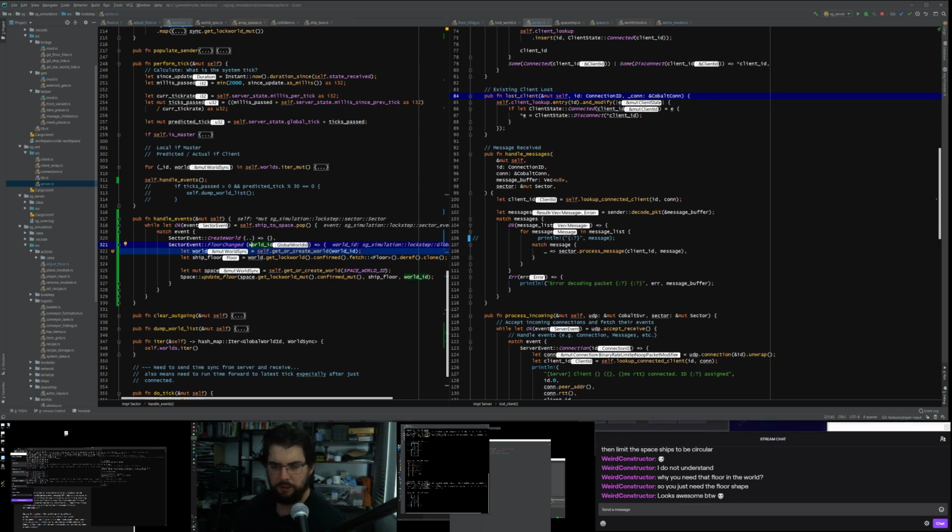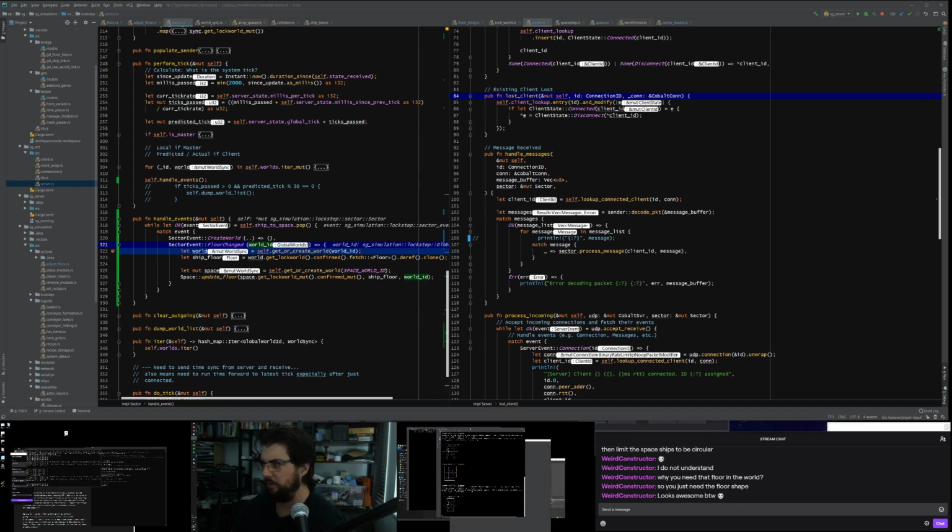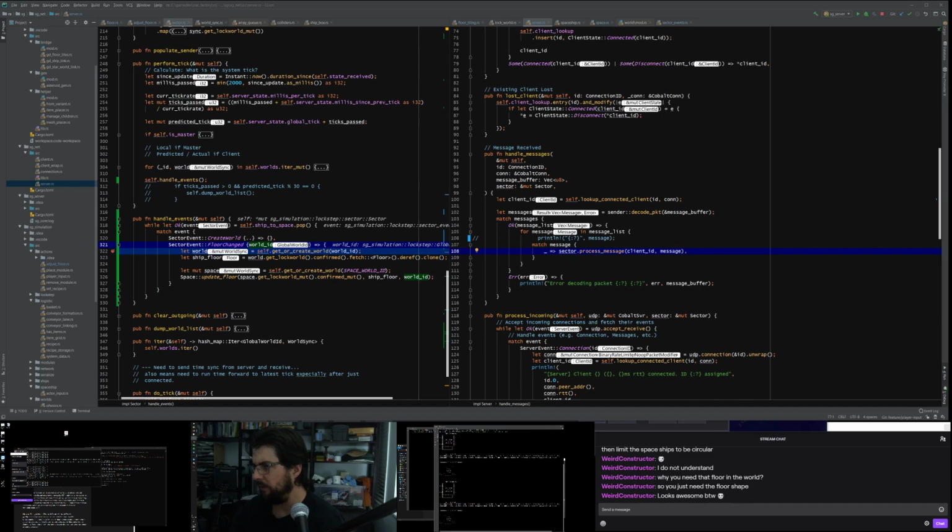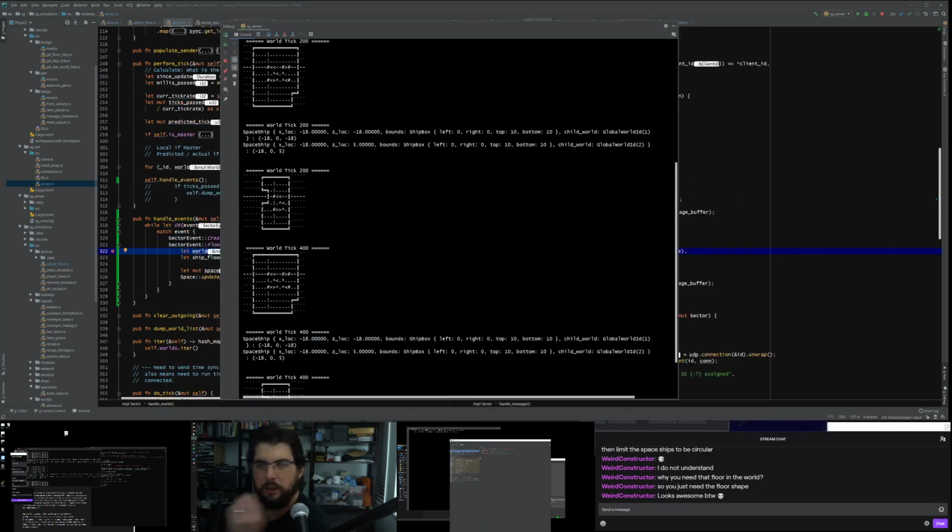Okay, so I need a debug window. There must be one around here somewhere. Why can't I see a window for debugging? This seems to be the debug window, the console window, but it's a bit weird. It hasn't got all the nice doodads you'd expect a debug window to have.